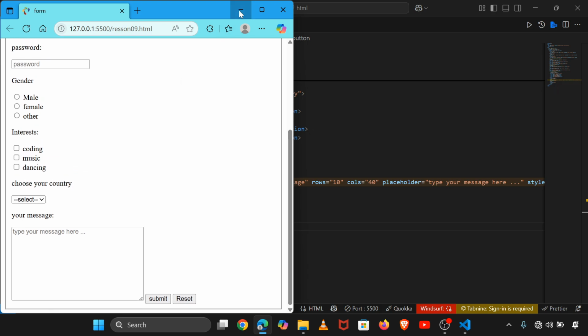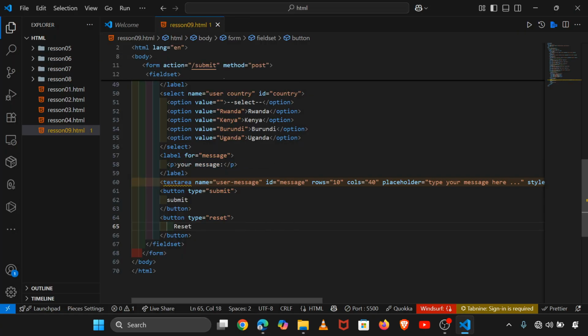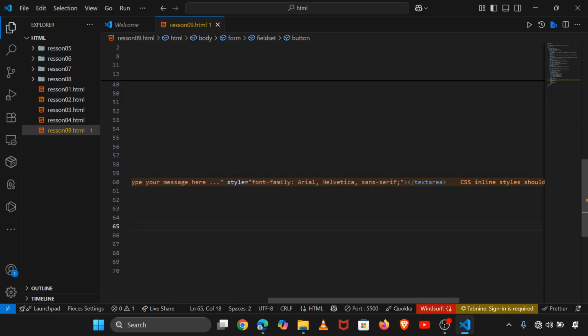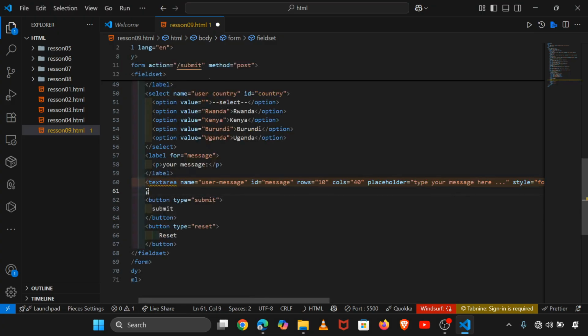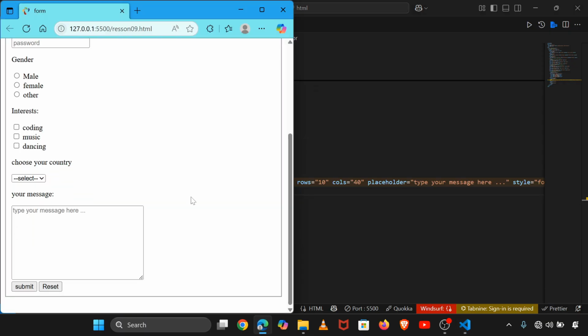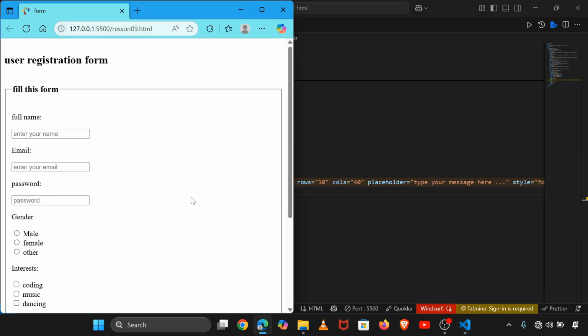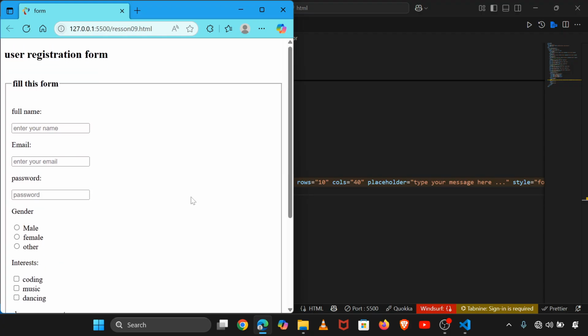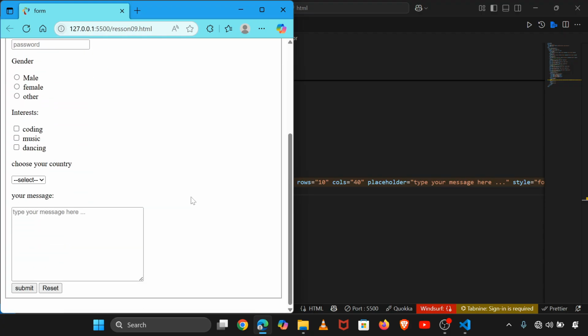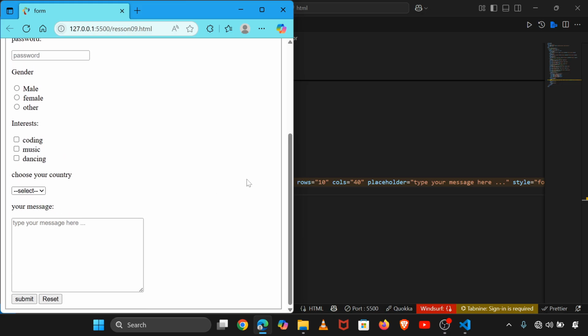What I will use is nothing other than just coming below this text area and say here is the line break, which is BR like that, and it must be looking like this. You see, this is the full registration form that is used,